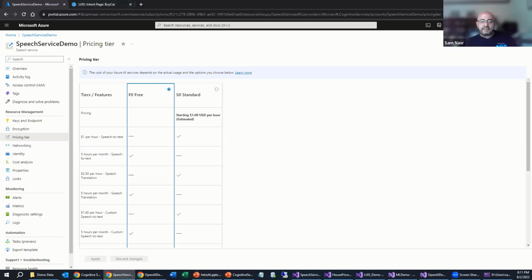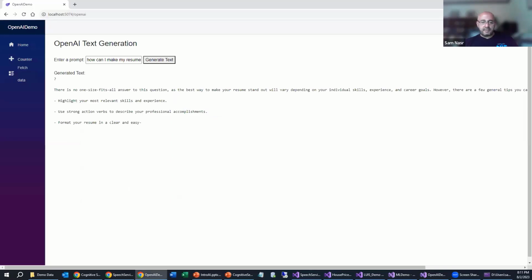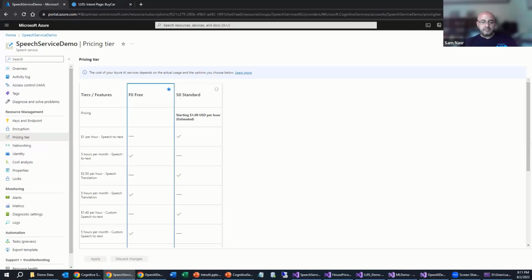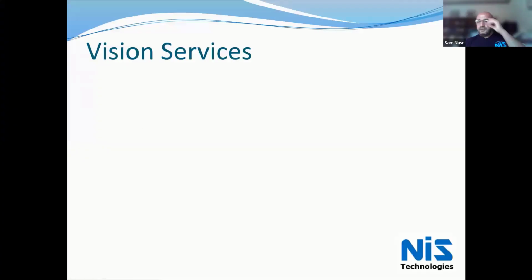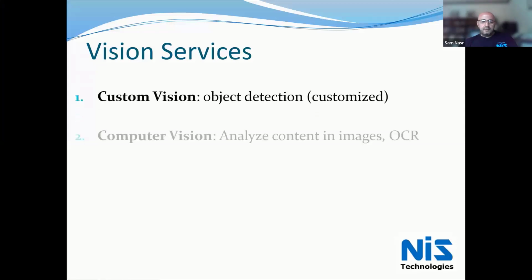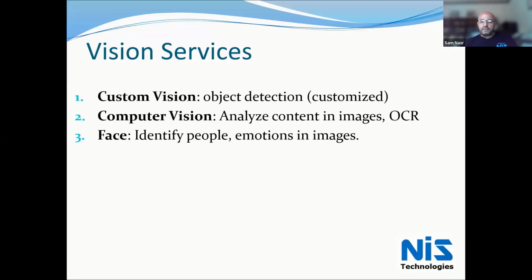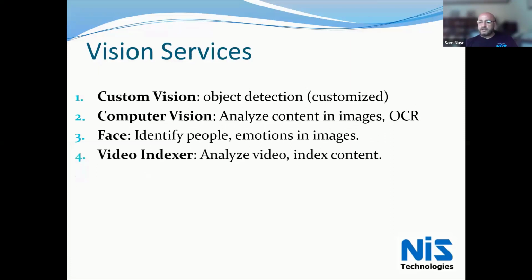So some of the services that I didn't mention were the Vision service, and let me pull that up real quick. So with the Vision service, again, offered within the Azure Cognitive Services, it gives you the ability to do all these items where you can identify an object, identify a specific face. You can also analyze the content in a specific image.